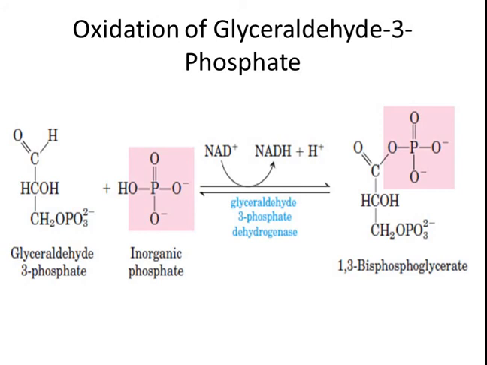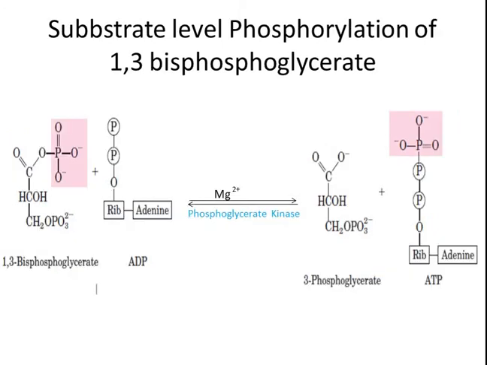The amount of NAD in a cell, which is equal to 10 raised to the power minus 5 molar, is far smaller than the amount of glucose metabolized in a few minutes. Glycolysis would soon come to a halt if the NADH formed in this step of glycolysis were not continuously reoxidized and recycled. The second step of the payoff phase is a substrate level phosphorylation of 1,3-bisphosphoglycerate, that is phosphoryl transfer from